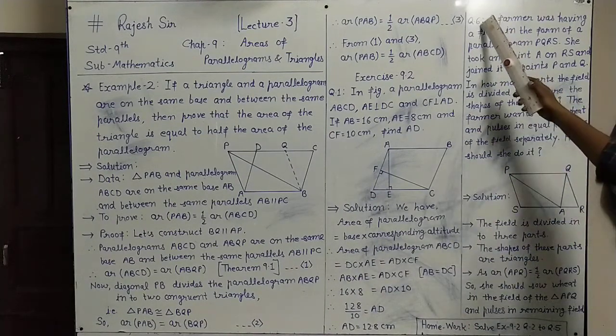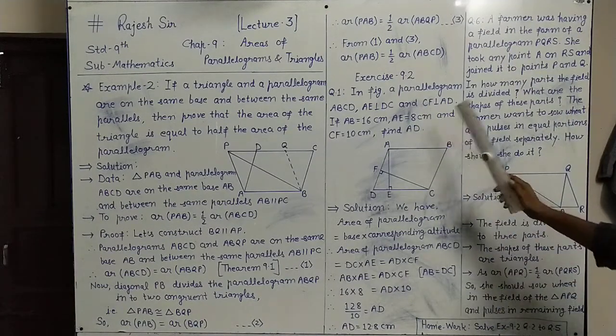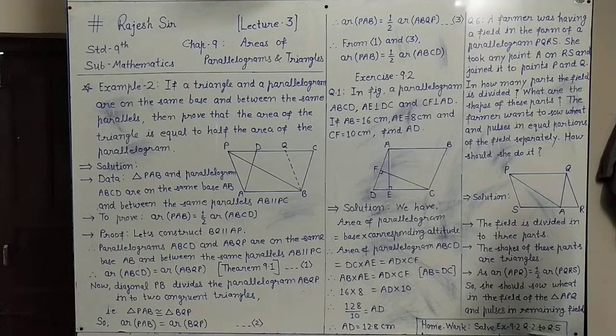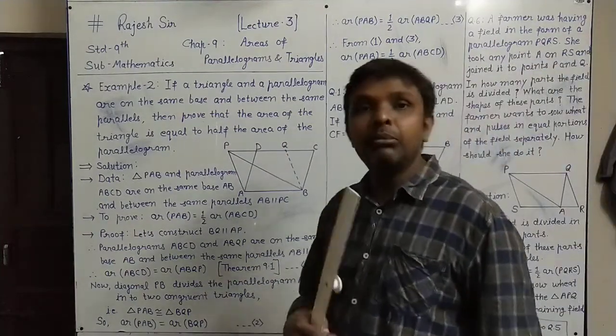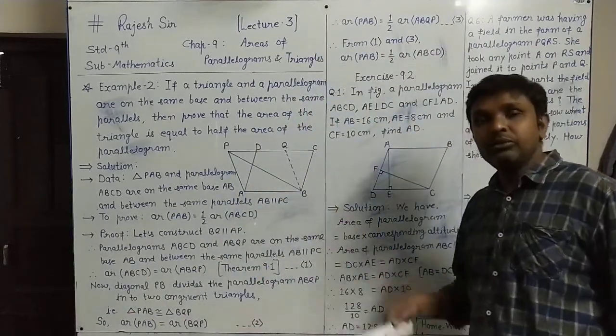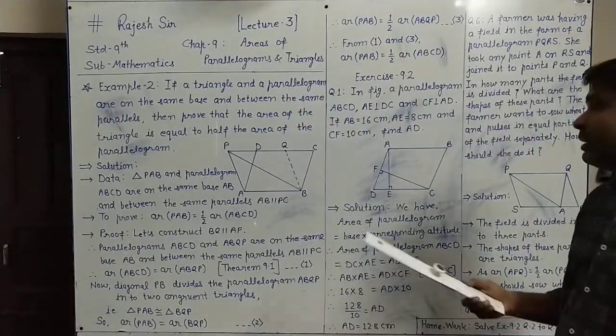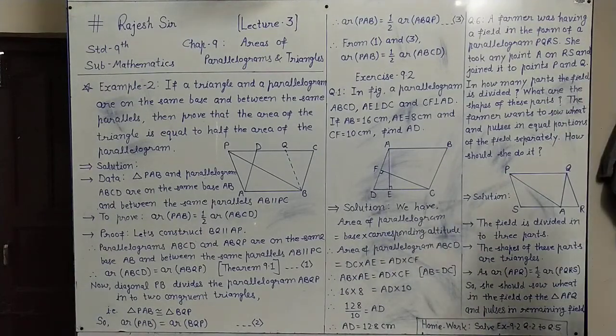Then question number 6 we will do directly, because question number 1 we have done, and questions number 2 to 5 are your homework. Solve exercise 9.2. Questions 2 to 5 are your homework, in which you have to use theorem 9.1, and these examples also you can use as results to prove those types of questions. And here we will do question number 6, the last question of this exercise, that also we will see.